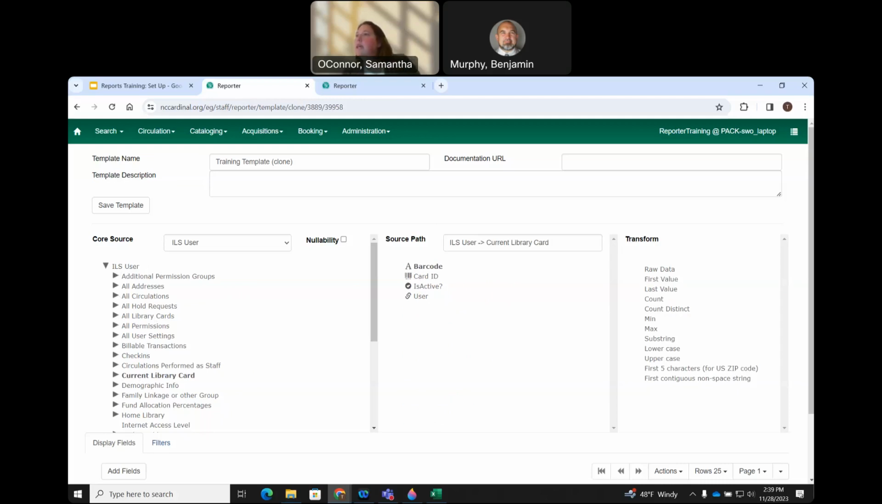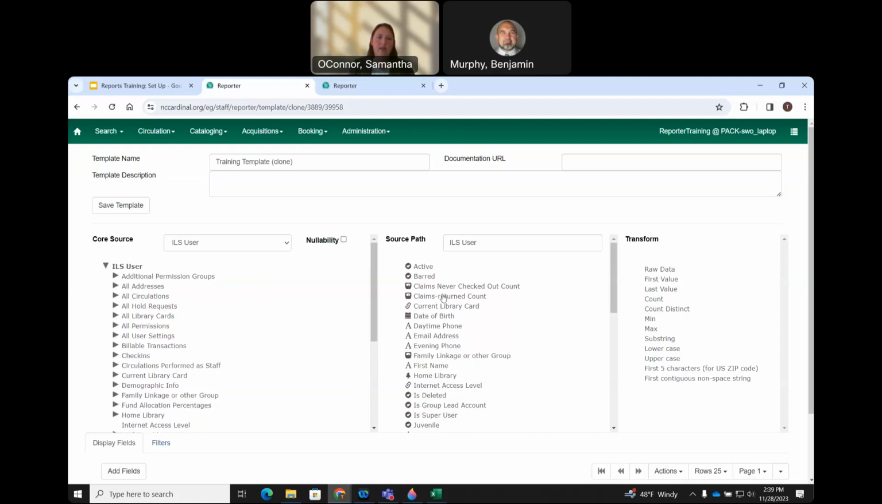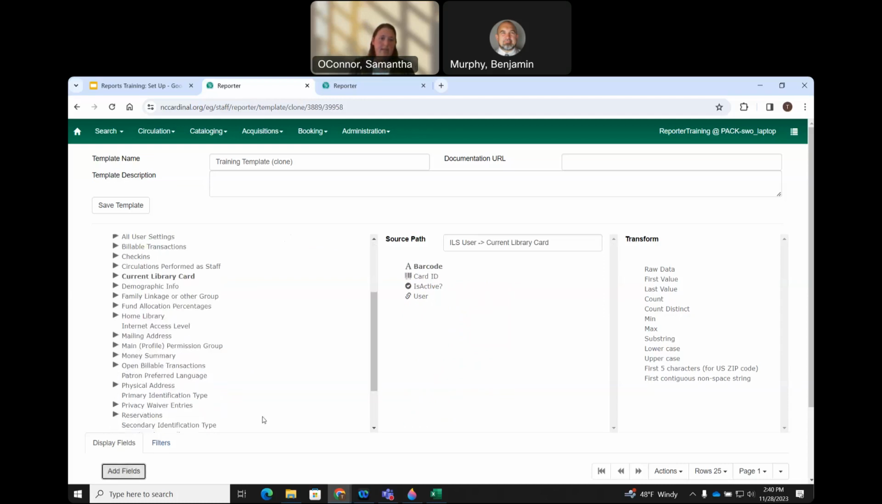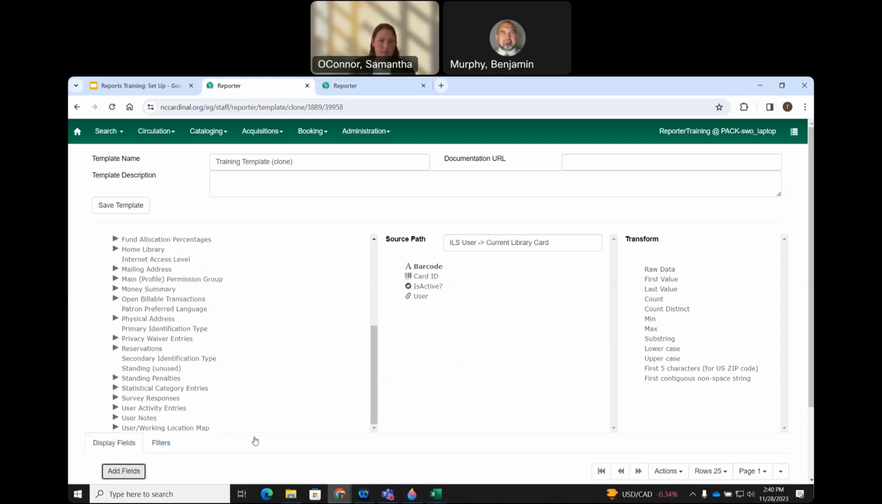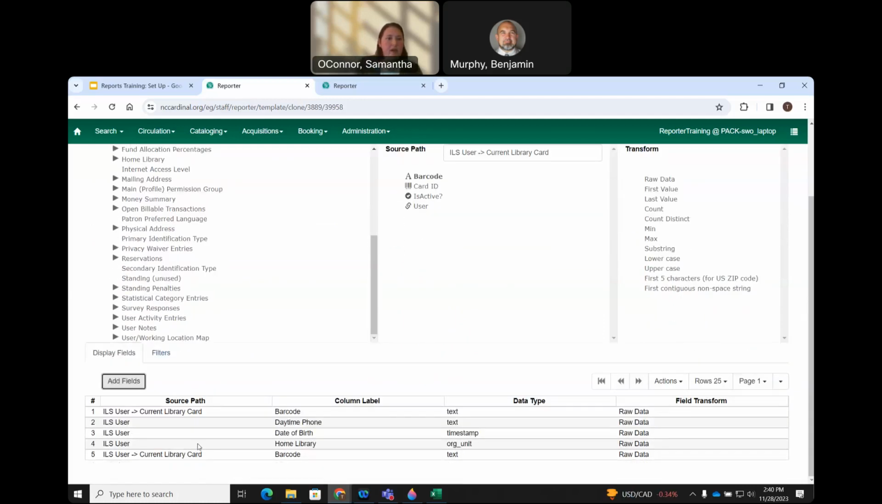Matthew also has a second example. The core source column has ILS user, current library card, as opposed to just ILS user. Yes. So basically what happened is that I had linked to a second table. So I had my ILS user, and then my current library card, and then barcode, and then I added it, which means that when it shows up down here in the source path,